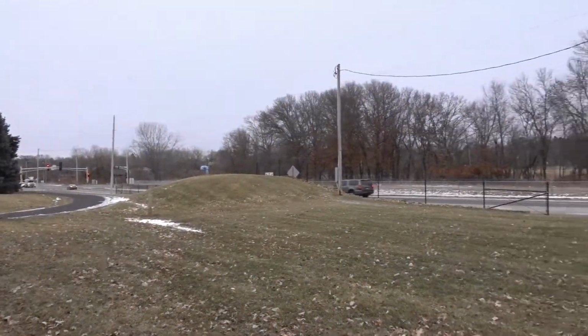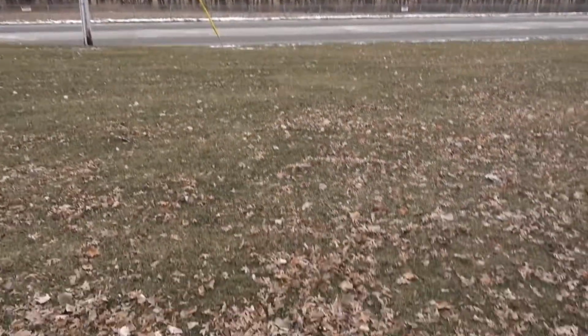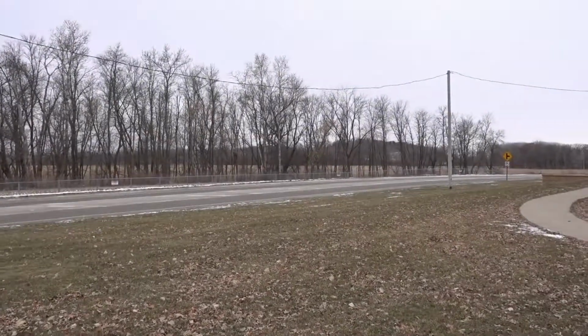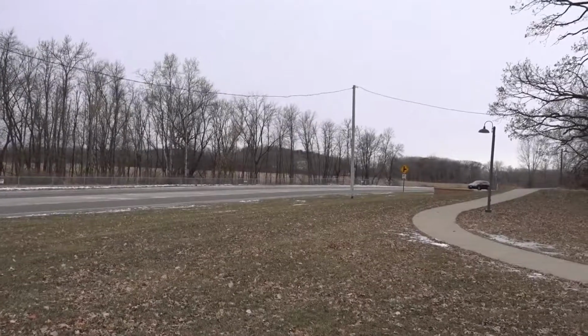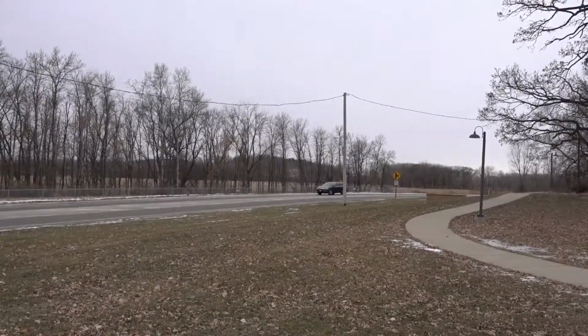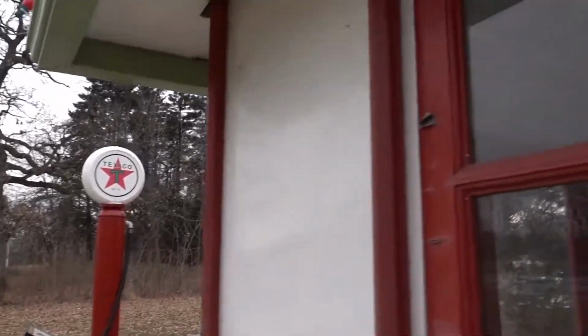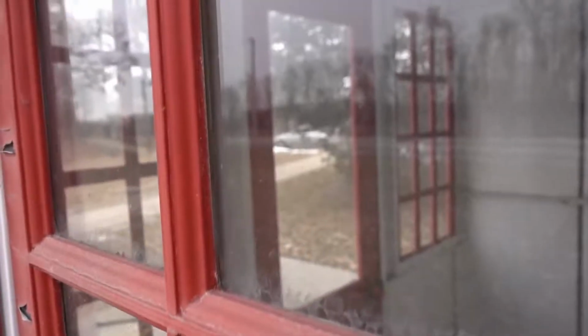And here's the street to get to the gas station, and I thought you could just drive right up, but you can't. You have to loop around, and let me tell you, if you blink, you will miss this place. A lot like I did the first time I drove past it. And then they do have a window right here on the side to get a little look on the inside. And there's the front door right there, which is